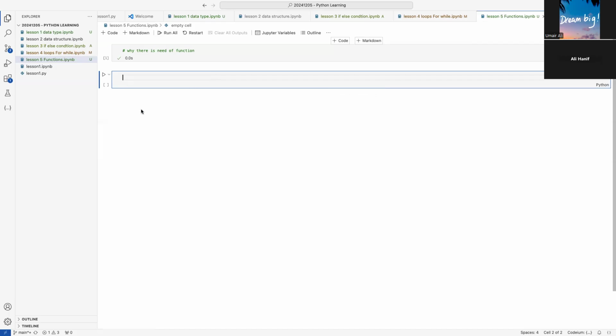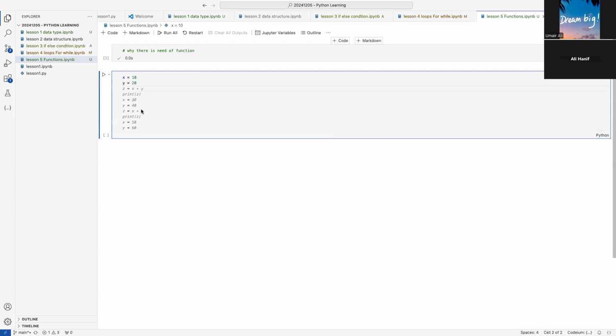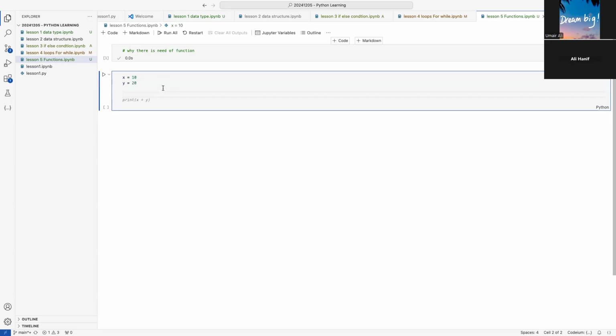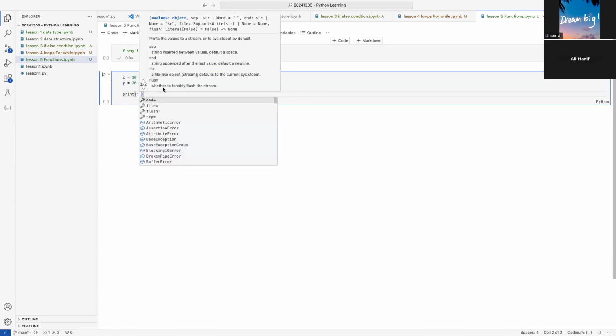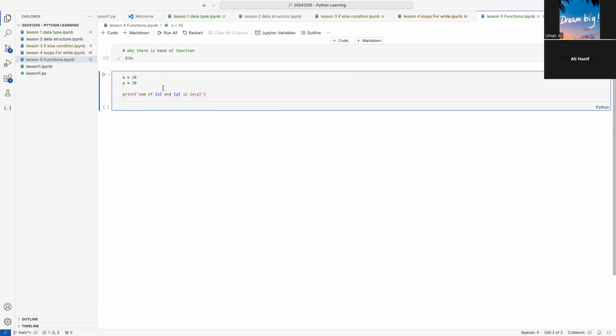You just have to write x is equal to something, y is equal to something, and after that we will make a simple sum. You can press tab to save time. Then we can write it like this, for example, print sum is,